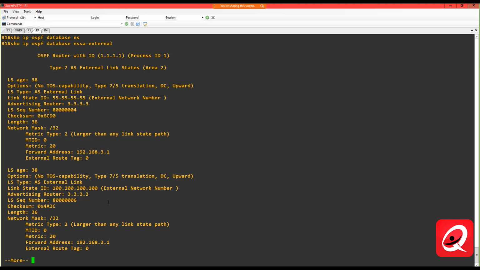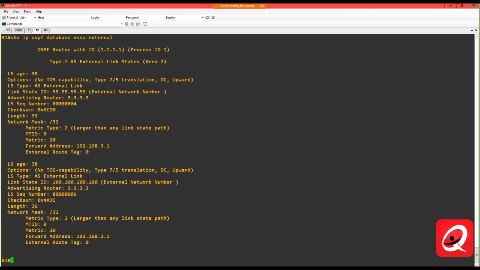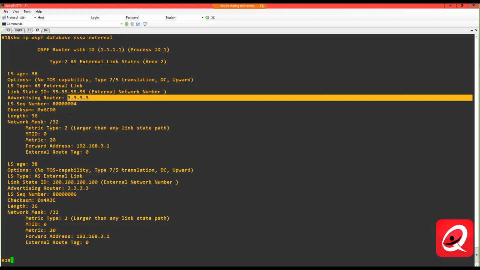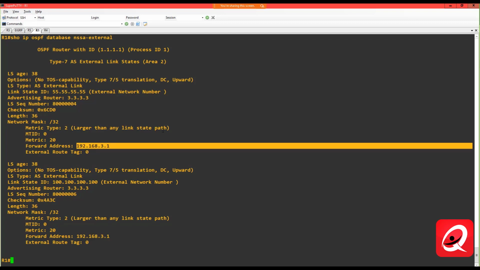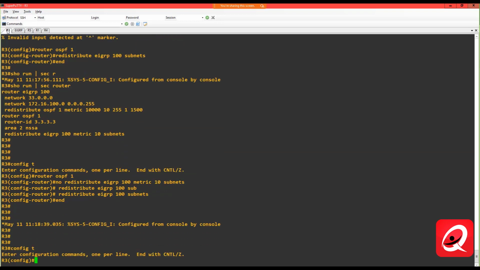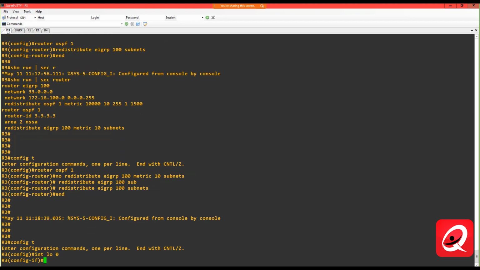Because the forwarding address is the loopback, we're adding the cost of the loopback on top of the overall path cost. And the loopback, because it has a bandwidth above 100 meg, is going to have a cost of 1. We can test that theory. That's what's happening in this case. Because again, this type 7 is coming in from router 3, but the forwarding address is identified as the loopback that's on router 3. So if I was to go into router 3, we'll test this theory, interface loopback 0